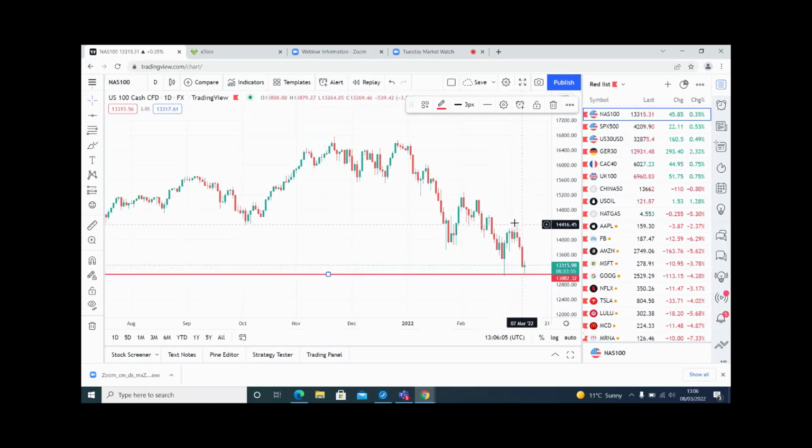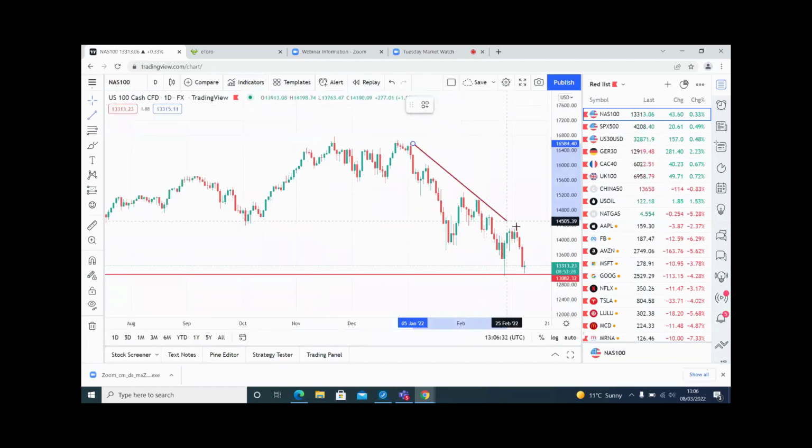So depending on what type of trade you took, whether you took a limit, you're probably still in it. If you took a buy stop, you probably would have been stopped out. So depending on where your stop loss was, it would have been a winning trade. Now, as we can see here, we now have a double bottom. Okay, we can see that the overall trend is going down. And we have this double bottom.